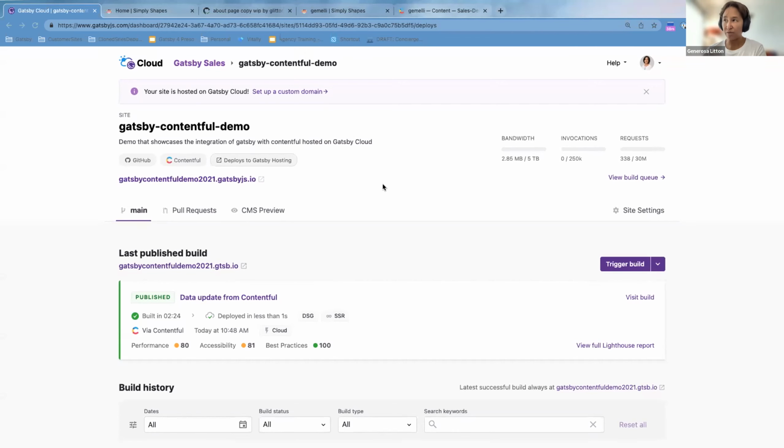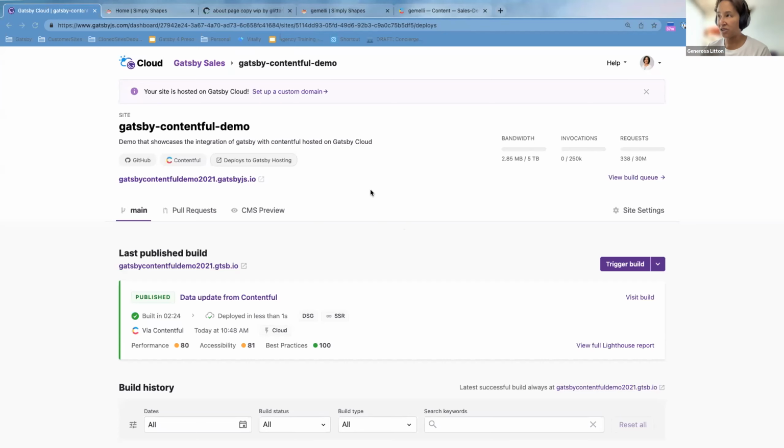First is the developer workflow. What would you expect as a developer when you use Gatsby Cloud? How do we enhance your workflow? We don't make you do anything different. We just go with your current workflow and make it a part of your workflow. I'll go through that now. The second workflow will be from a content creator's perspective. But first and foremost, when you build a site like Alan showed you, you would get a window like this.